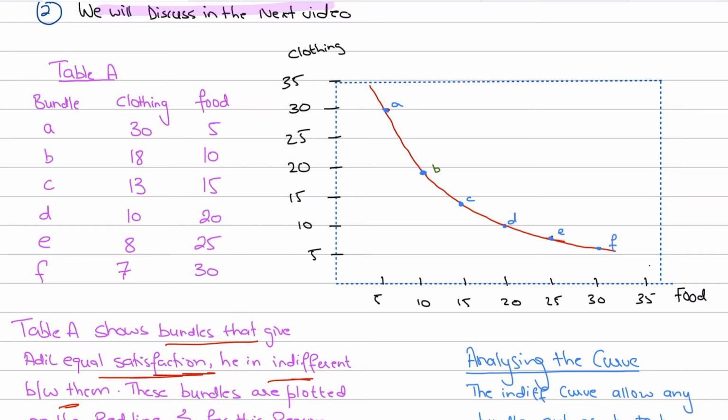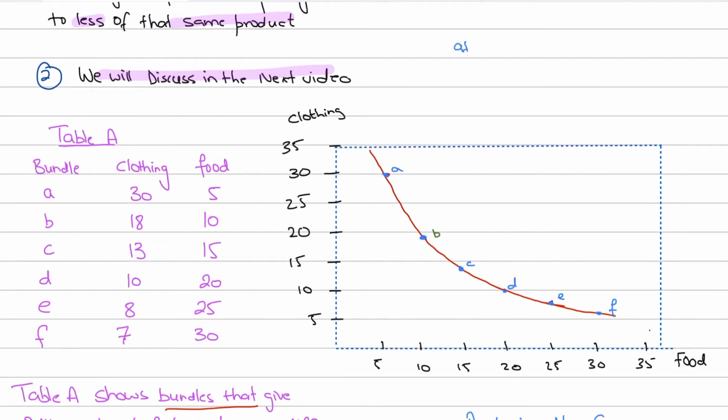Now, let's say at B, Adil is consuming a bundle of 18 units of clothing and 10 units of food, whereas at bundle A, he's consuming 30 units of clothing and 5 units of food. He's consuming less food and more clothing. So if bundle B and bundle A both give him equal satisfaction, it means that